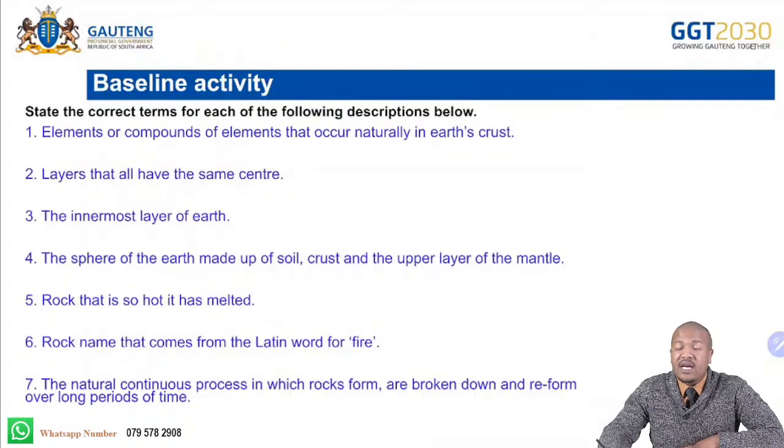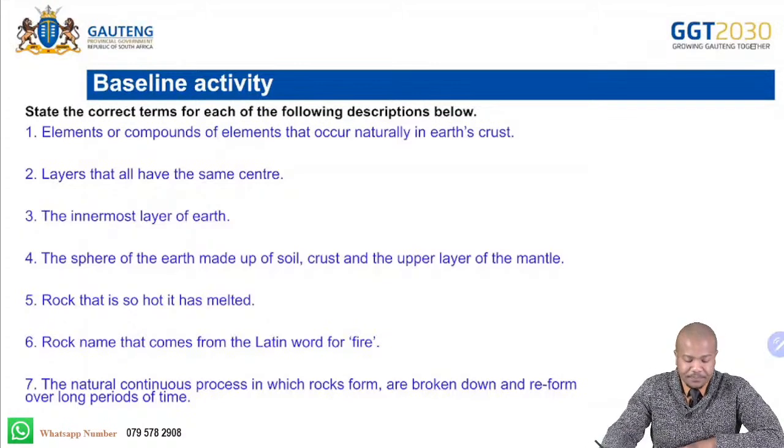Now let's look at our baseline activity. It says, state the correct terms for each of the following descriptions below. Number 1, elements or compounds of elements that occur naturally in the Earth's crust. Number 2,